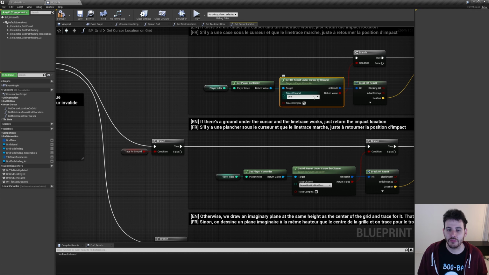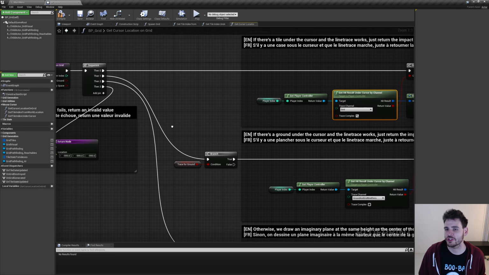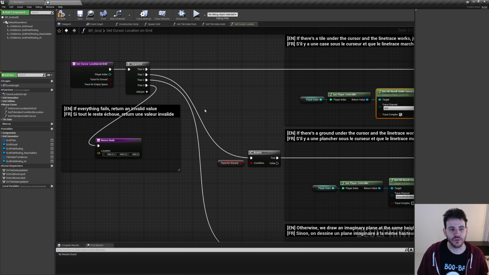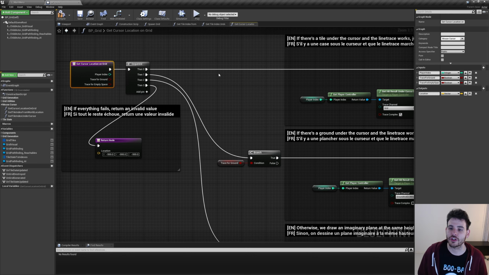It's not always the case, but I think in my case, the behavior is a little bit better when we check that checkbox, so you can experiment on your side. But in my case, I'm just going to leave it checked. Perfect. So now we're done fixing this function. This function is not good, but we changed the definition of the function. So now we have to go everywhere in the project where this function is used to be able to reconnect